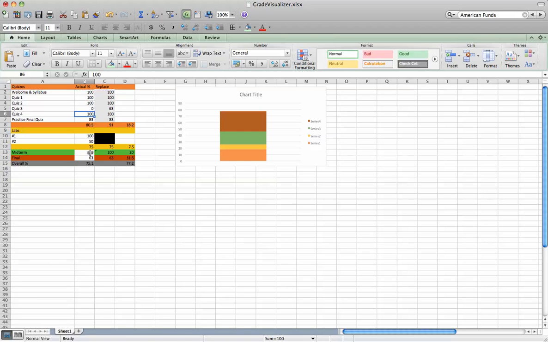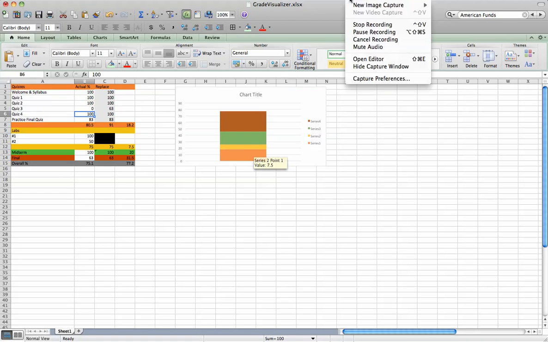And you can play with these grades as much as you need to. Remember that these are the ones that you've already done, and then quiz 4 and practice quiz, you might need to be playing with those a little bit. The labs are both in there, so you'll know